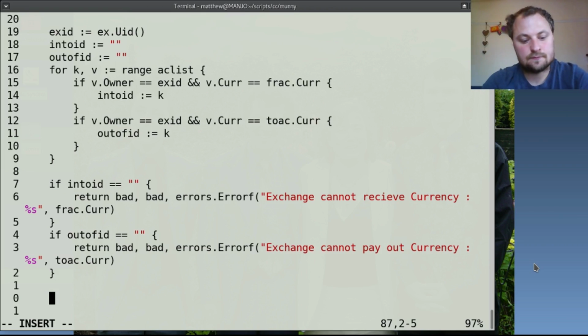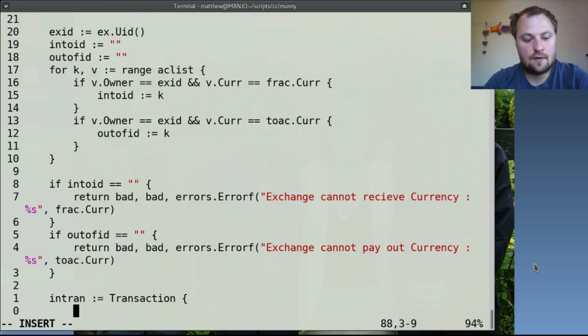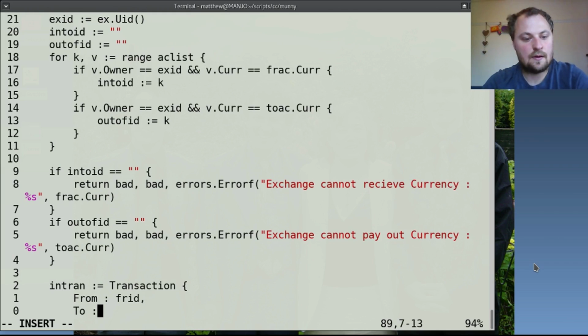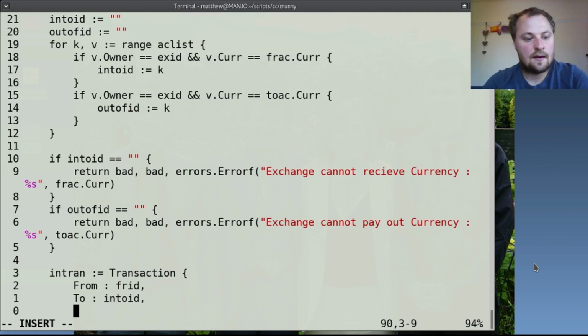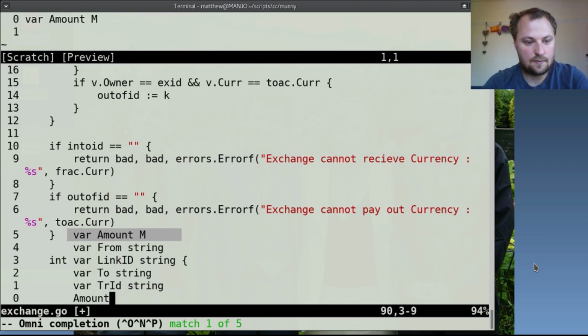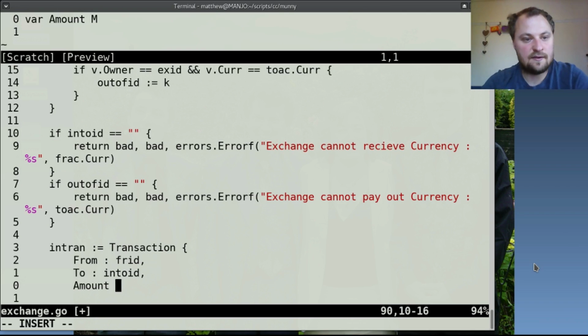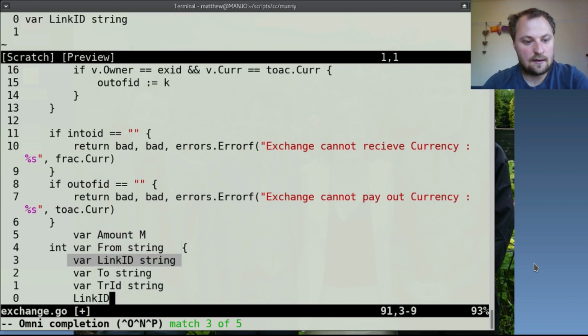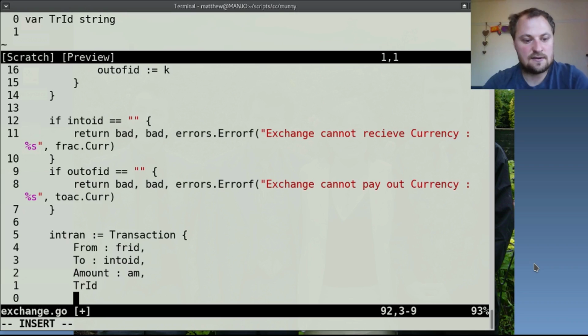So inTran := transaction, and the from ID is FRID, to ID is into ID. What other option we got? We got from to the amount. Well, this is the original amount, right? So that's AM. And the transaction ID